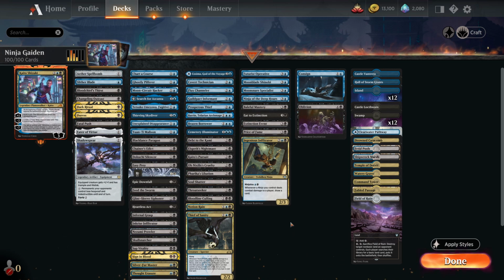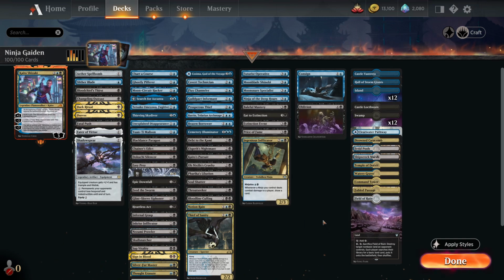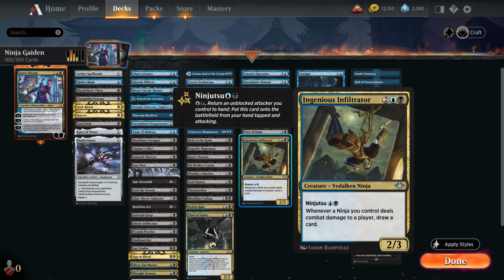I quite like the build I already had. We've got a few standout cards like Yuriko. It's really nice not being able to be blocked when attacking alone. Being able to venture into the dungeon is really powerful. All of the ninjas proved to be fairly decent. Ingenious Infiltrator, unfortunately, didn't really get to trigger that many times because the opponent was just adamant about killing it,